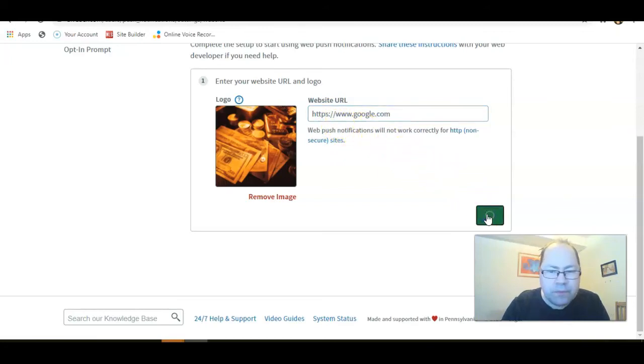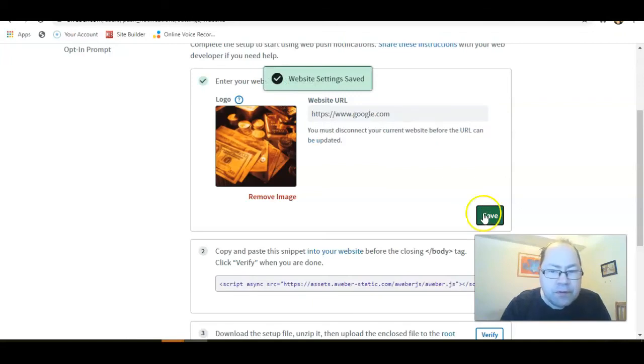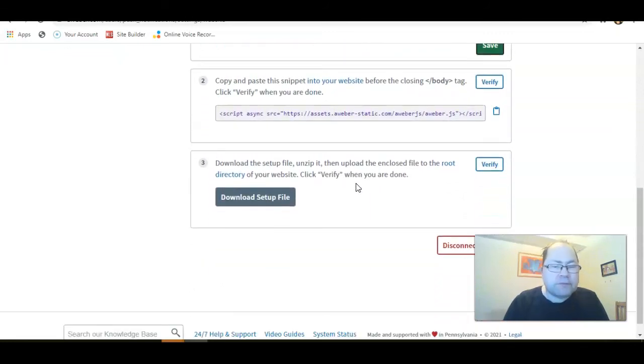Now you have saved it, and here is the code you enter into your landing page, capture page, or blog. You should put it in before the closing body tag, like you can see here, and then click verify when you are done. And you can download your setup file and so on,